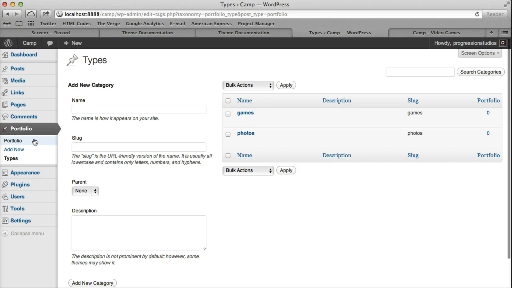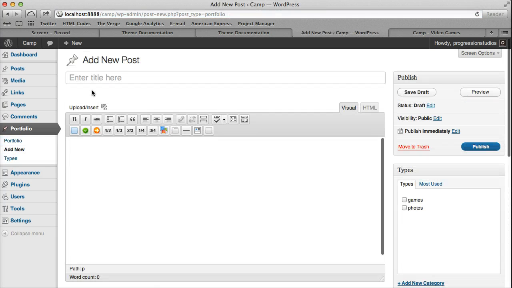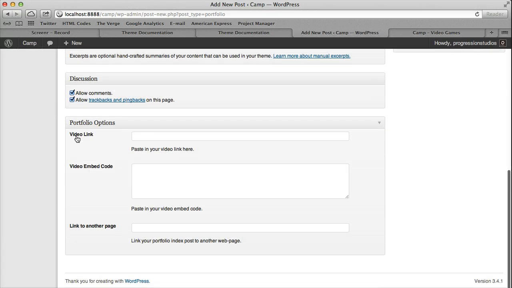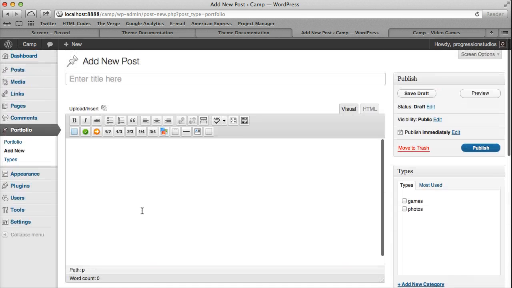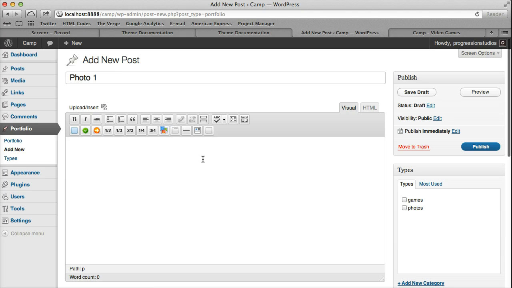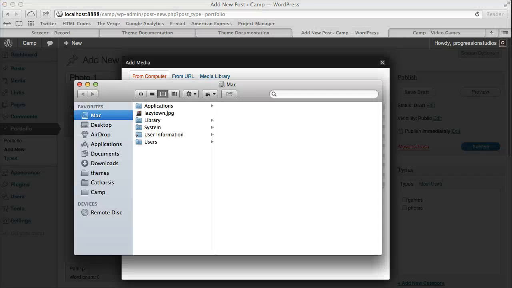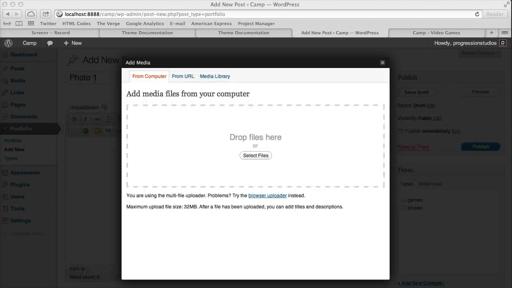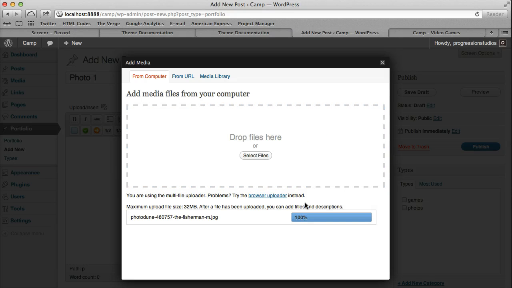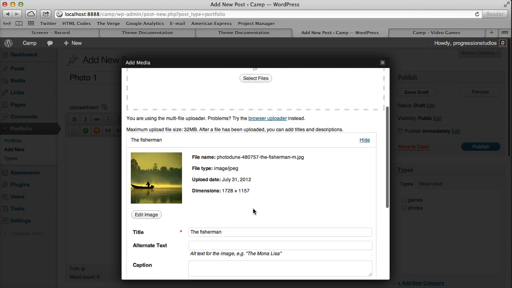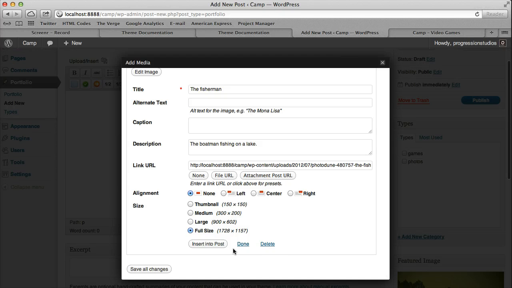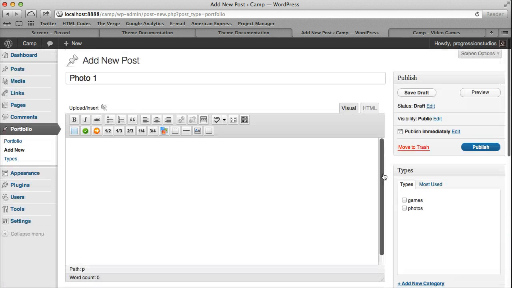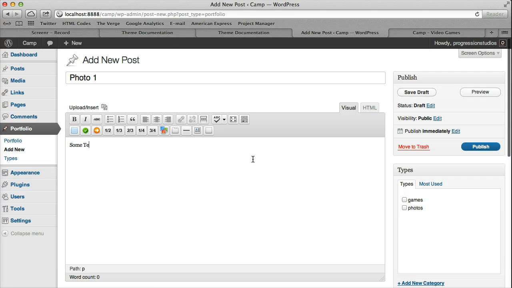And let's go ahead and start adding some portfolio items now. So we'll just click add new, and it's exactly like a blog post except for you have a couple extra items like video link and embed code. And if you wanted a link to another page, but let's go ahead and just call this one photo 1, and we'll upload a photo. And I actually have some sample portfolio items that I'm going to drag in here, and we're going to use it as a featured image just like our blog. You click use as featured image, it'll pop down here. We can add some text,